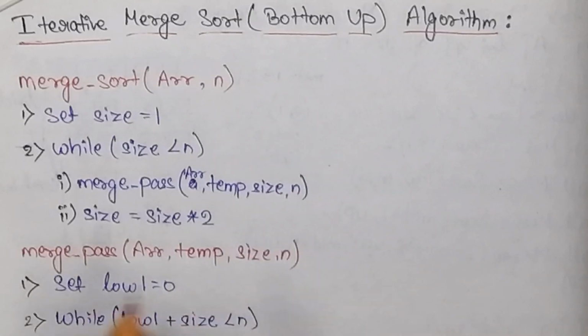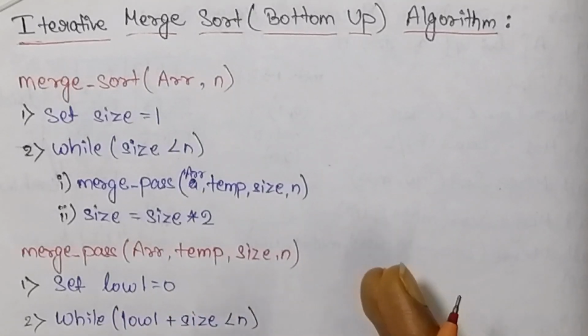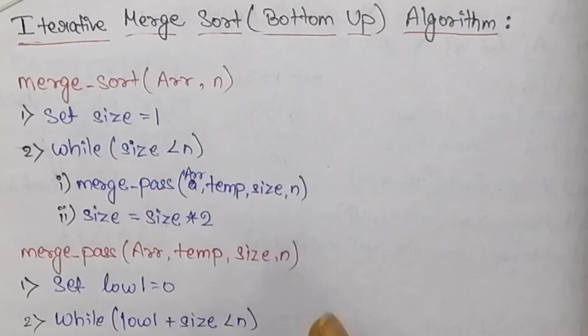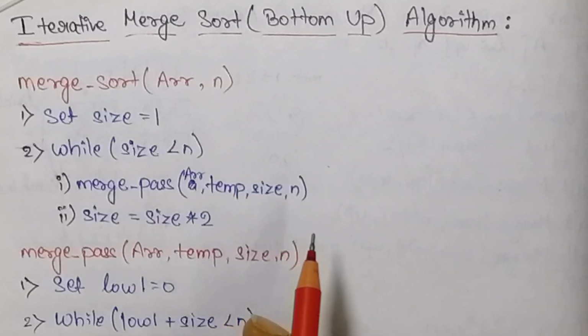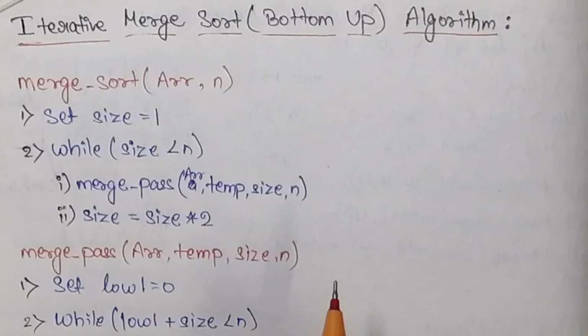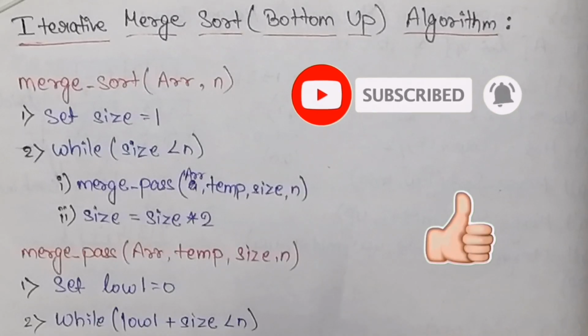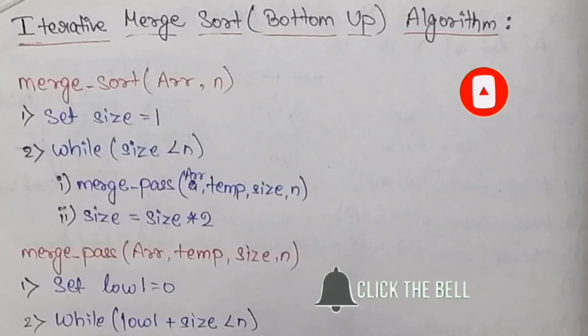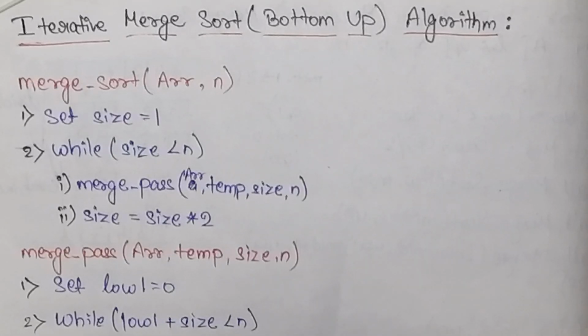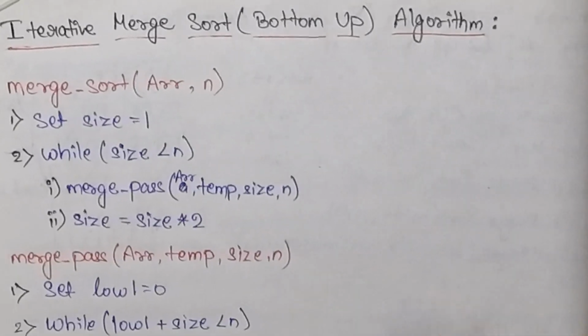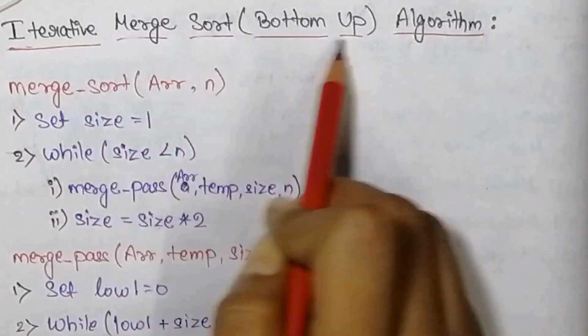A basic thing that we all need to know is the difference between iteration and recursion. Recursion is a process in which a function calls itself, right? But iteration is a process in which a series of steps or instructions get executed. In recursion, we go through a function overhead. That means there are too many functions to be manipulated in recursion, but in iteration there is no function overhead. So let's begin with the iterative merge sort algorithm.